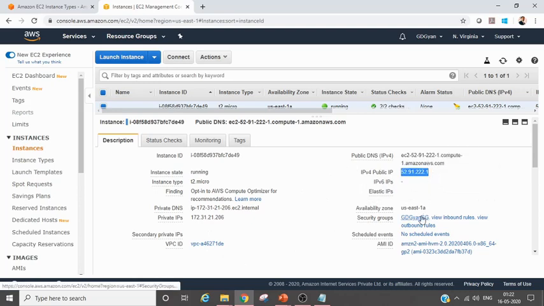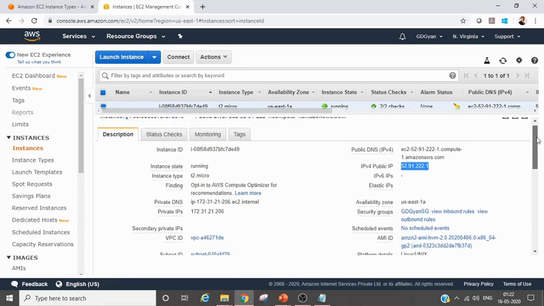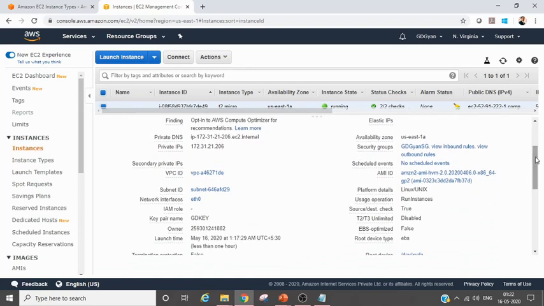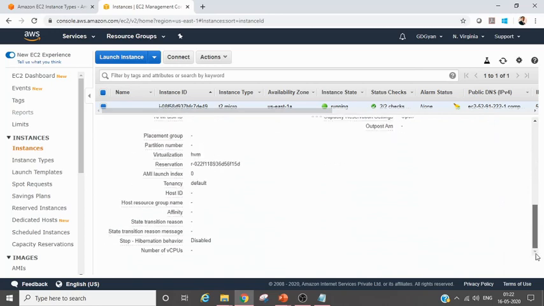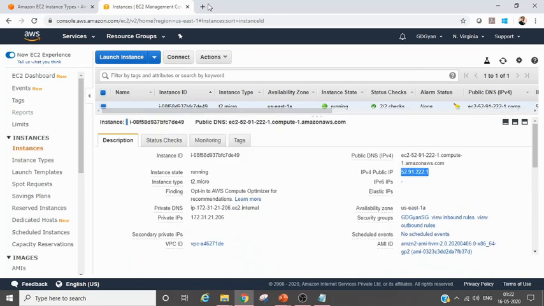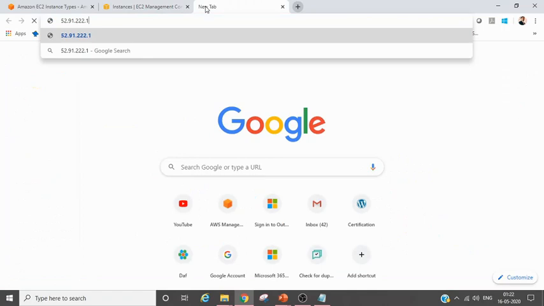Security group is mentioned, right? I'll come to the security group in more detail. AMI ID. So this is my AMI, I can get into my AMI, right? So you understand now that I have created an Amazon machine image. With this image, I can actually create more of whatever I wanted, right? So root device, block device, everything is there, right? So I copied this one. Now let's try giving it a shot.